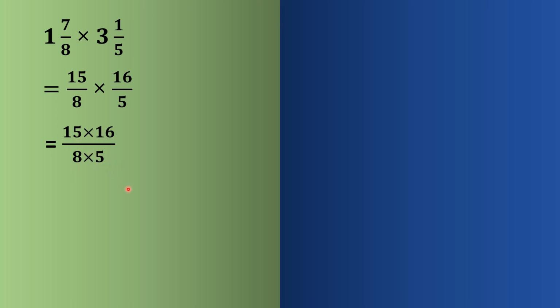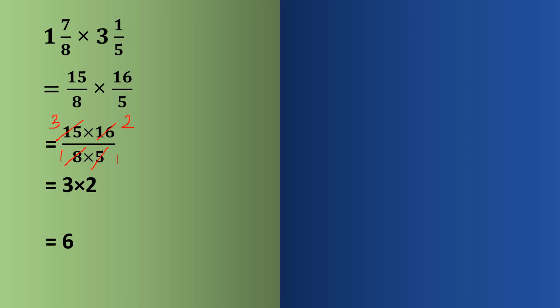Now again we can simplify at this stage also. How? Very simple it is. Through practice, you can do it very fast. 5 ones are 5, and here 5 threes are 15, because 5 is a common factor of 15 and 5. Then here the common factor of 8 and 16 is 8. So we can divide by 8. 8 ones are 8. 8 twos are 16. So now what is remaining? 3 and 2. It means 3 twos are 6. 6 is our final answer.